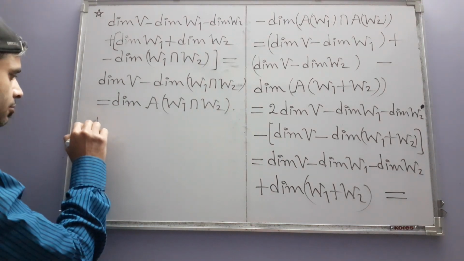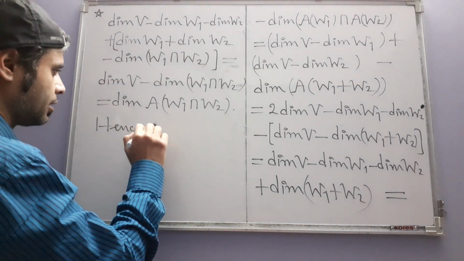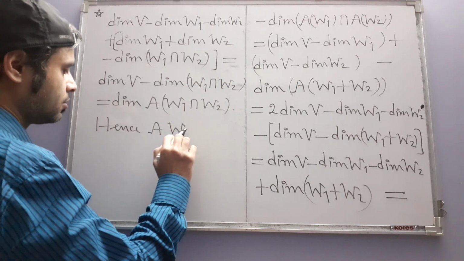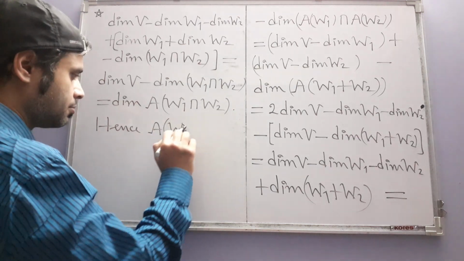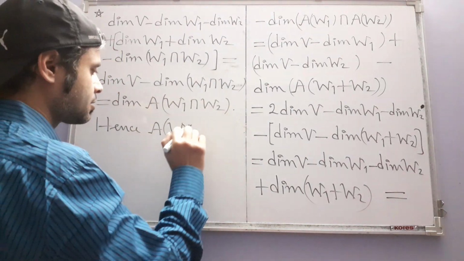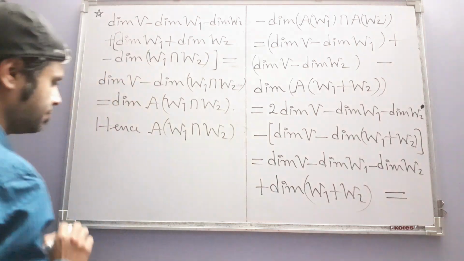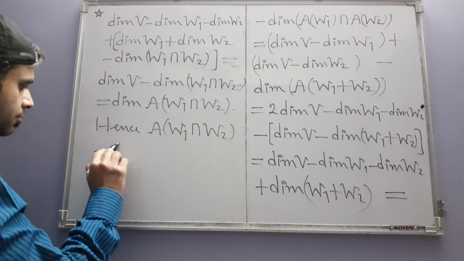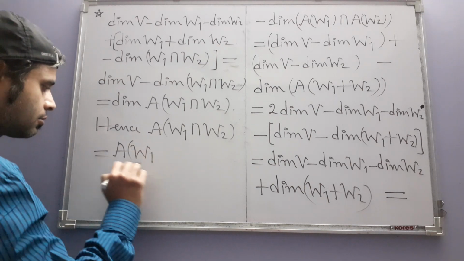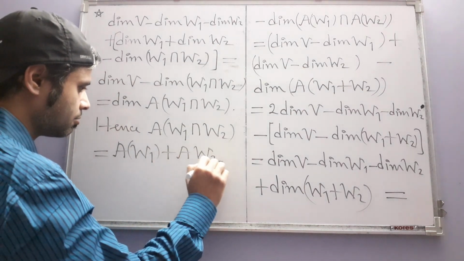Hence, the annihilator of W1, or let me write like this, because we have been asked to express this in terms of the other two. This is equal to the annihilator of W1 plus the annihilator of W2,